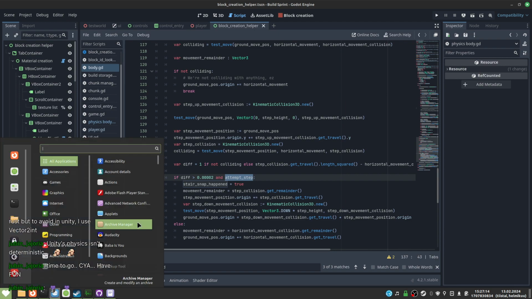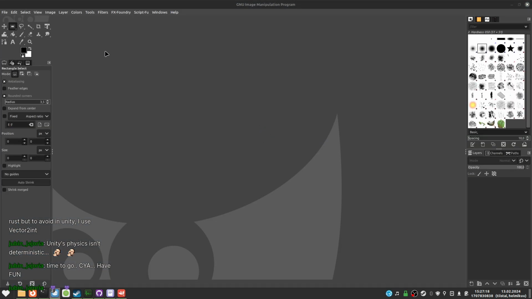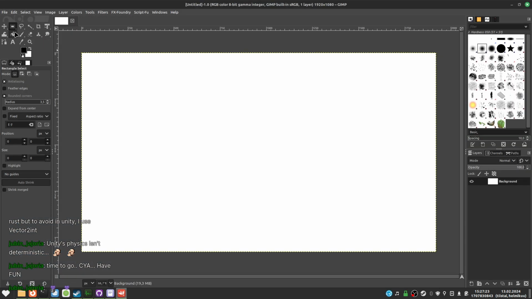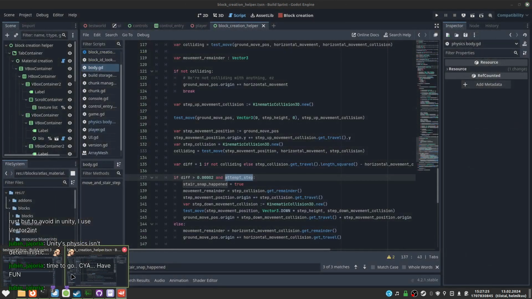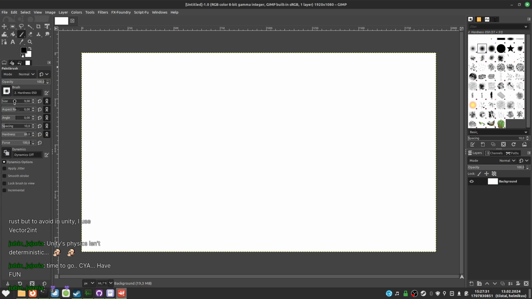So, the way this works, the way the stair stepping works, is we have. I can't wait until I can actually go in the game and build the thing and show that way instead of opening up GIMP. Anyway, so we have, let's say this is slab height. I'm gonna make it a bit less sucky, right? And we have our player